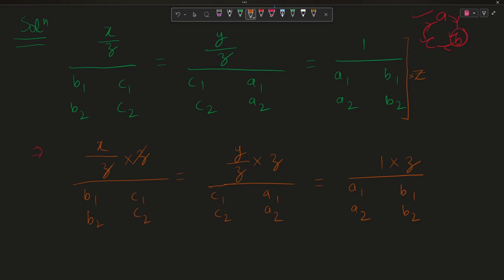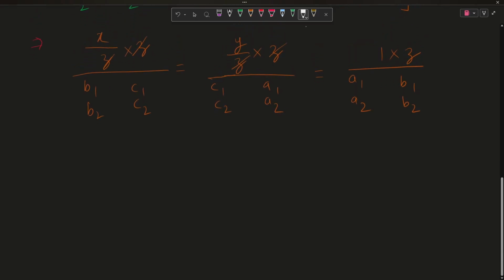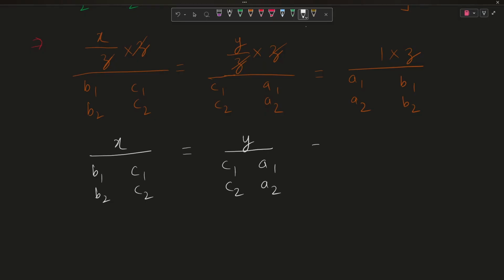Now the z gets cancelled out, and we are left with x upon b1 b2 c1 c2 equals y upon c1 c2 a1 a2 is equal to, sorry, z upon